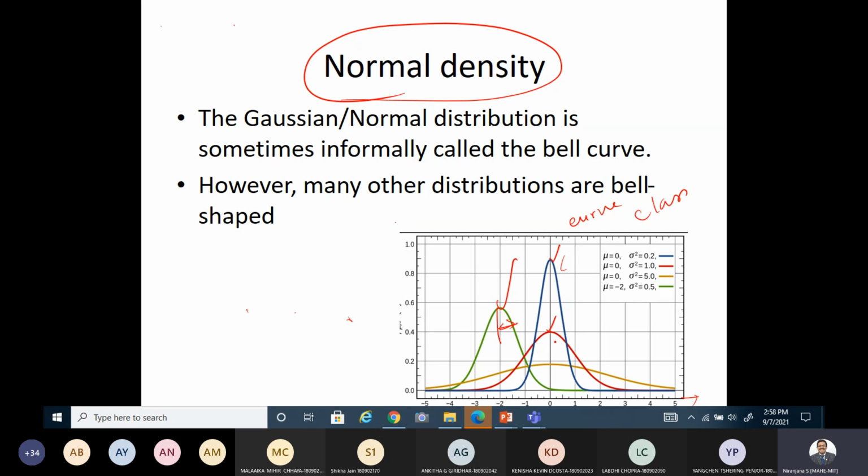When sigma square is varying, you can see that the width is varying, right? For the red one, sigma square is increased. That's what you can observe here. If you take the green curve, the last one, it has a lesser variance than the red curve width, right? Sigma square is lesser here, but where is it positioned? At -2, right? So the peak value is coming at -2.